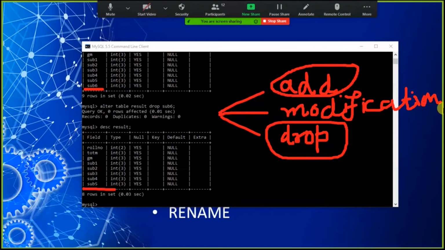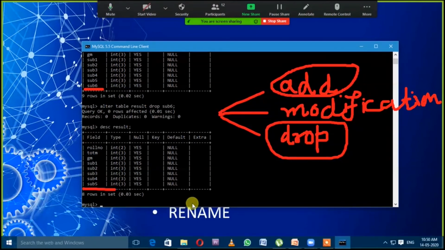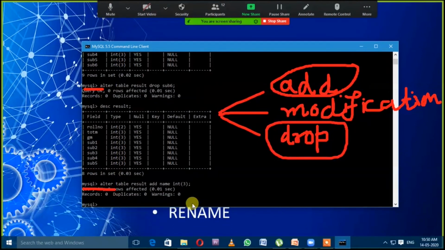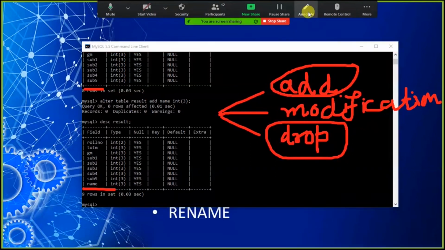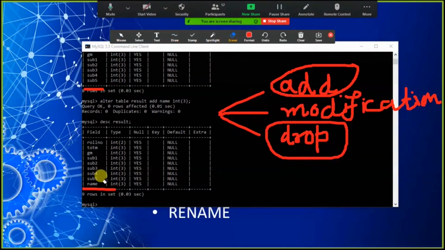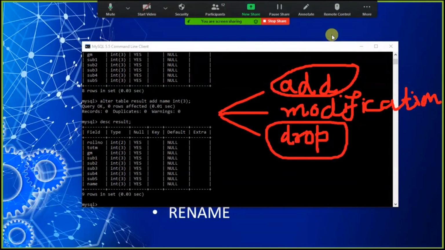Okay, I am again adding a column here with the current table, whose name is name itself, okay, and by mistake I made the name column an integer, and we already discussed it. In our culture we do not have any integer value in a name.